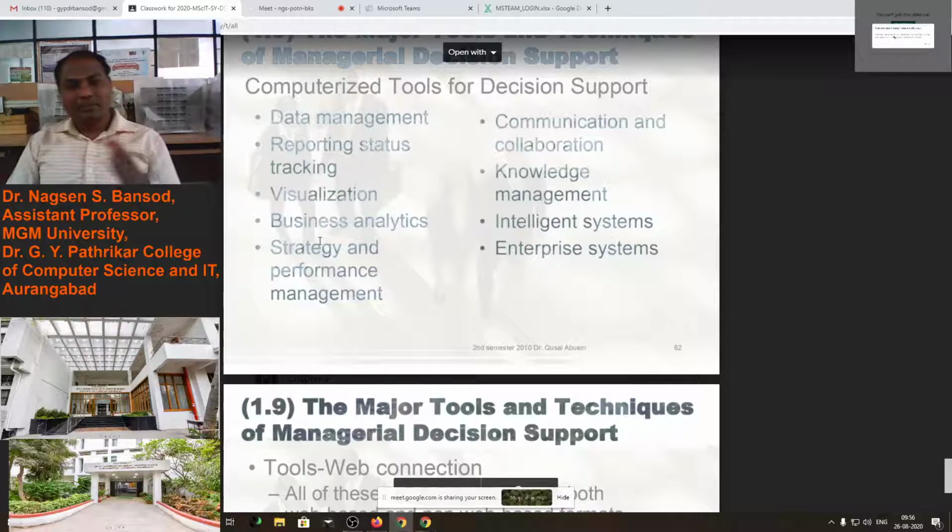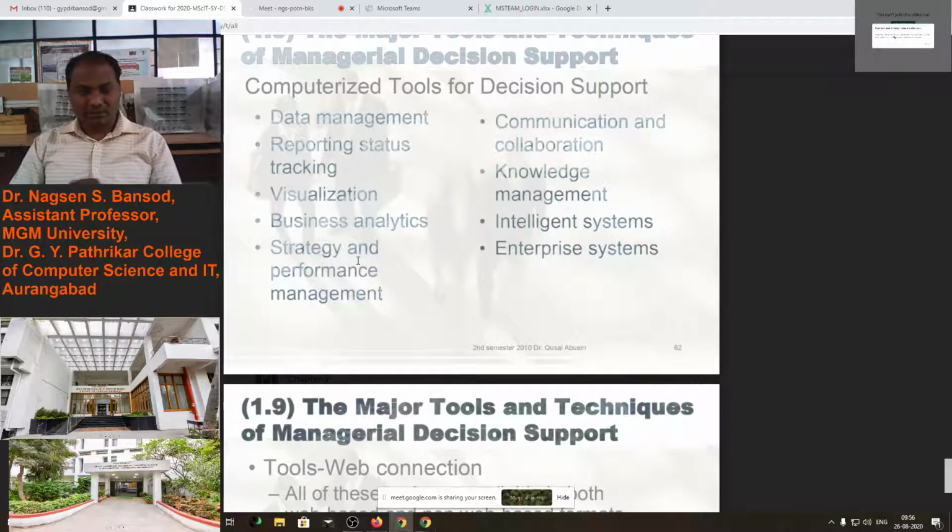Then business analytics tools. We have to identify the number of customers, positive customers in the future as well as in the past, the number of products, how much will be developed within the next month, next year. As well as the strategy and performance management.